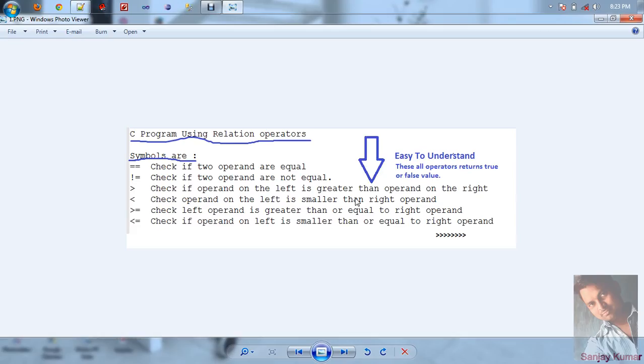In this video, we will discuss the basic use of relational operators. In our last video session, we discussed what an operator is, what the types of operators are, and how we can use arithmetic operators in C programming. Now, in this video, we will see only relational operators and how we can use them in C programming. Here I have written some symbols or operators which are used in programming as relational operators: